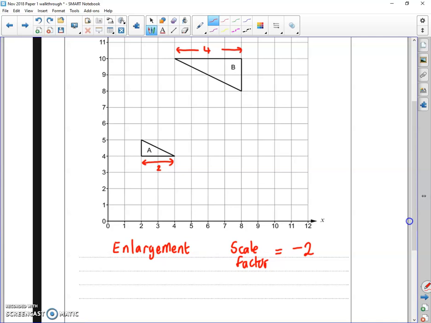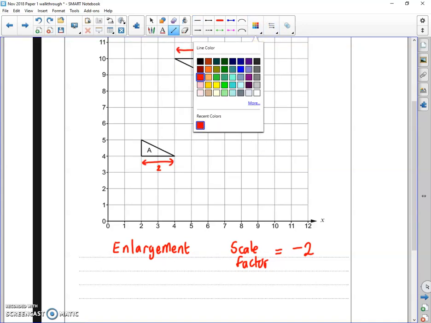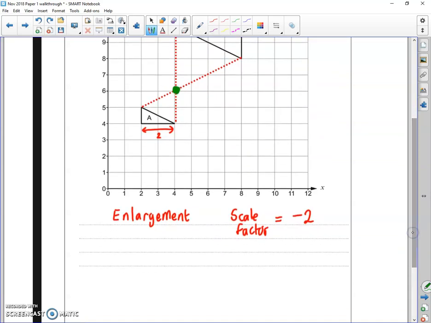For the third mark, you need to find the centre of enlargement, and the best way to do that is to get your ray lines out, your enlarging lines, and join up the corresponding corners. So that one matches to there, this one matches up here, and where they meet, there, that is your centre of enlargement. That's the best way to find the centre of enlargement, and you give it as a coordinate. So the centre of enlargement is the coordinate 4, 6